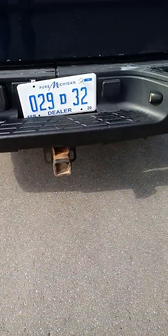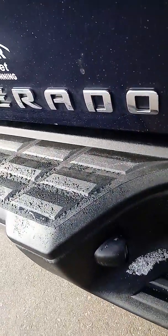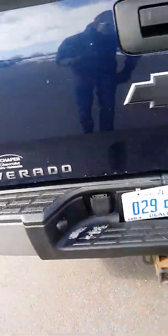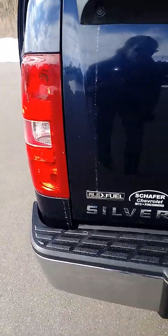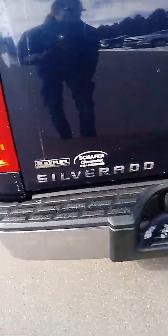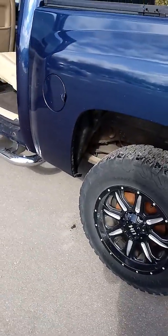Then of course it's got the tow package and everything here with the lights and all that hookup and stuff. So everything looks good there. Bumper itself, I'm looking around for dents and dings and scratches, things like that. Everything looks good. Black bow ties give it a sharp look, especially with the way the wheels are, and